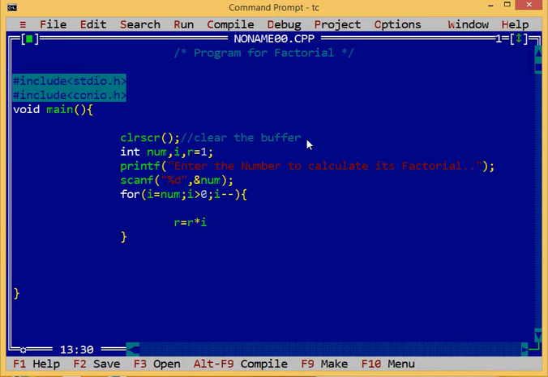I want the exact value of the number, so suppose the number is 5, then it will remain 5. The output is stored in R.